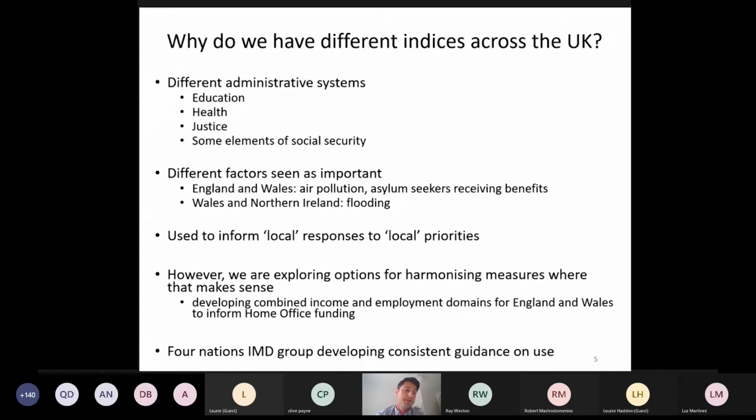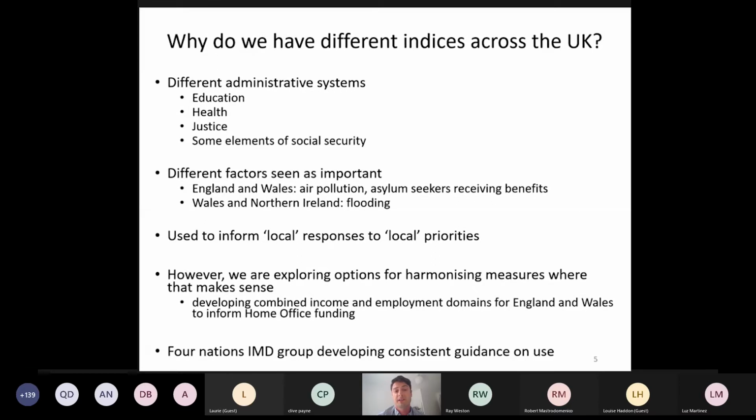And that's predominantly because education, health, justice, and other elements of social security are collected in slightly different ways or administered in different ways across different countries, meaning that a direct comparison between an education system in Scotland and England is very difficult to achieve, basically because they're very different. There are some similarities in different elements. So across England and Wales, there are quite good synergies about some of the benefits data collected by central government, for instance, but often there's small differences, which means that a direct comparison isn't possible, not just yet at least.